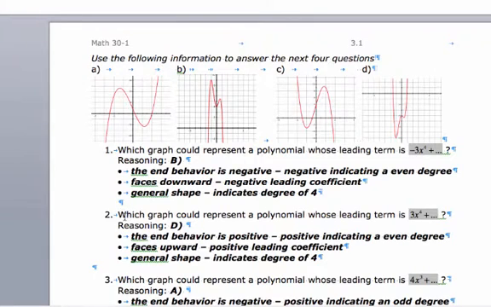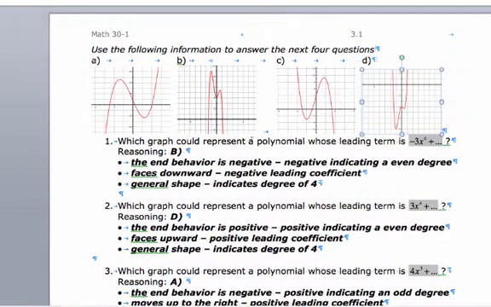So when we look at question number 2, we're looking at a positive 3 times x to the fourth. Obviously, that's going to be option D here. It's very similar to option B, but facing upwards. So the end behavior is positive, positive, indicating an even degree, and the fact that it's positive tells us we have a positive leading coefficient. Then the general shape also indicates a degree 4 polynomial. Again, it looks kind of like a parabola but has these extra little bumps in it, which doesn't happen with our quadratic functions. So if we look at A and C then,